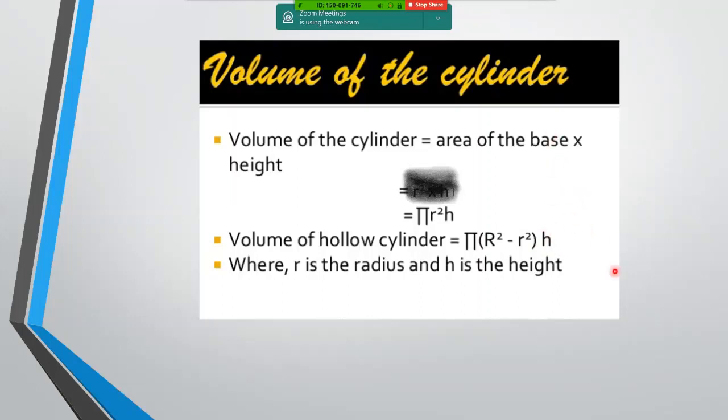Take these two formulas down before we start with the examples and then the exercise. Shall I proceed to the next slide? Yes. 1 minute, ma'am. Yeah, just two formulas. One thing is pi r square h, and the other one for a volume with a thickness is pi R square minus r square h.